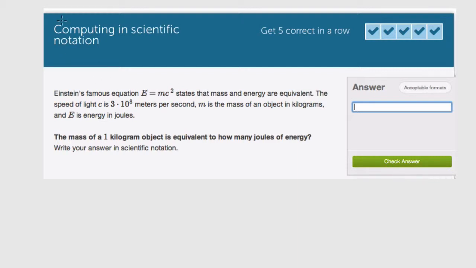Okay, here we're looking at one of the newer modules in Khan Academy. It's Computing and Scientific Notation. Here the goal is to get 5 correct in a row, and I'm going to walk us through some of these. Now, I'm going to tell you that I definitely made some mistakes here because what I was doing when